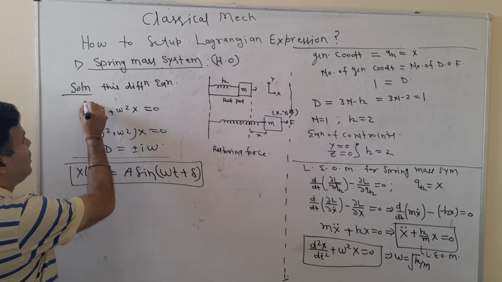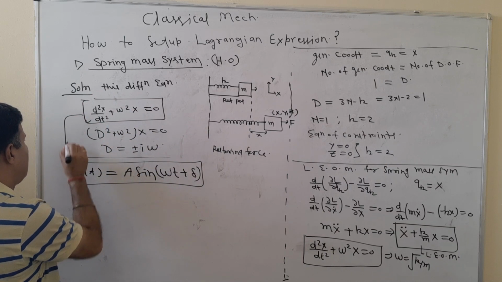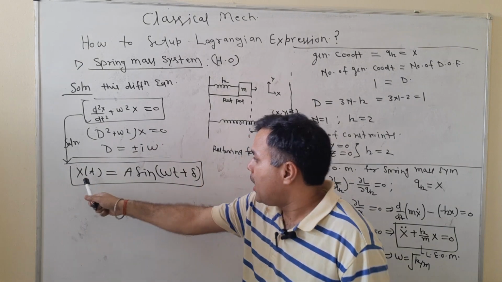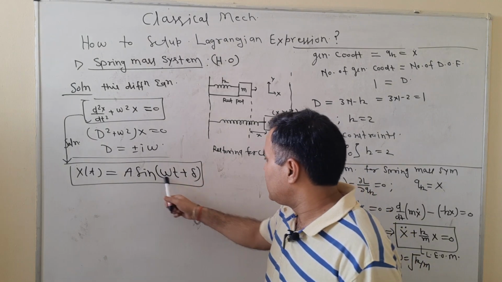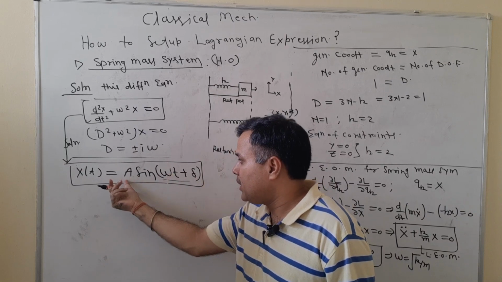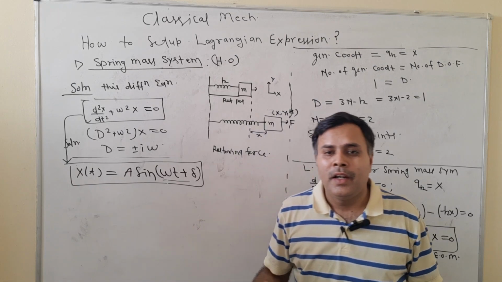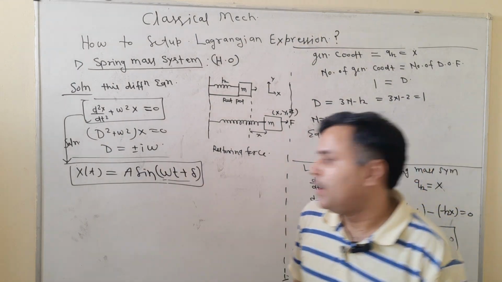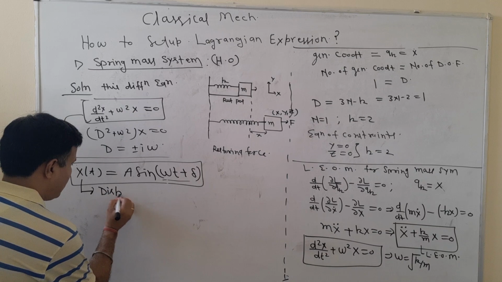So this is the solution of this differential equation: x of t equals A sin(omega t plus delta), and this is the argument. This argument is known as the phase, this A is the amplitude, and what is this x of t? This x of t is simply the trajectory of the particle. This will tell us the instantaneous position of the particle. This x of t is known as the displacement equation,